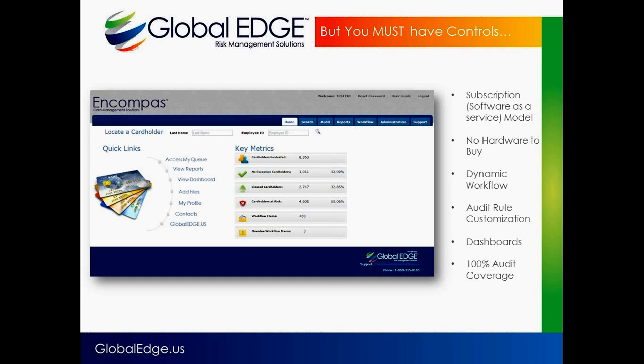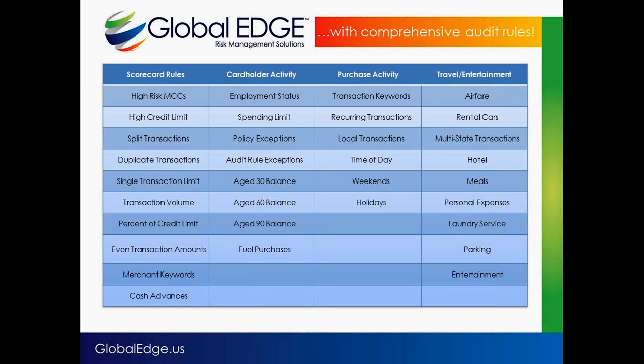How do you compare to Concur? Why is this not like Concur? It's a good question. Mike, I'll let you take the first stab at that, and then I'll add to it if you're okay with that. Certainly. My understanding of the differences between Concur and Encompas is that we actually have a nice white paper that describes it, but the Concur system is more around expense management and approval, receipt tracking, a lot of those types of things, kind of pre-approving transactions and reviewing the approvals afterwards. What the Encompas tool is doing, as we mentioned before, is that some of that approval process can be built in during the audit process when you're going through workflow, but essentially what Encompas is doing is a 100% audit of all your transactions and all your data after they've come through, so it's